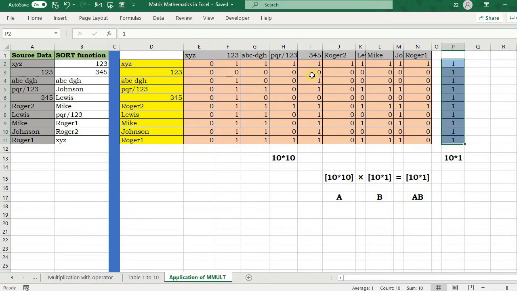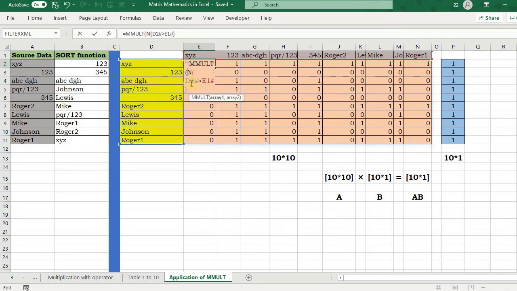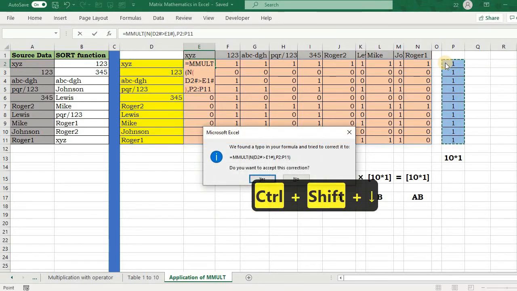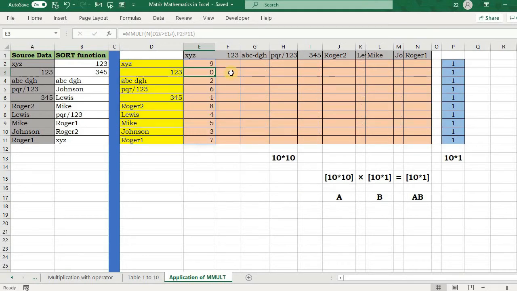So I have to achieve all these things with a single cell formula, right? So if I multiply it here now with the MMULT function, and the second array is this one, what happens? So all counting has been tapped into one single cell. Now I will use these values to sort my data. If it is 0, this has to be my topmost data, and if it is 1, this would be standing in the second position.